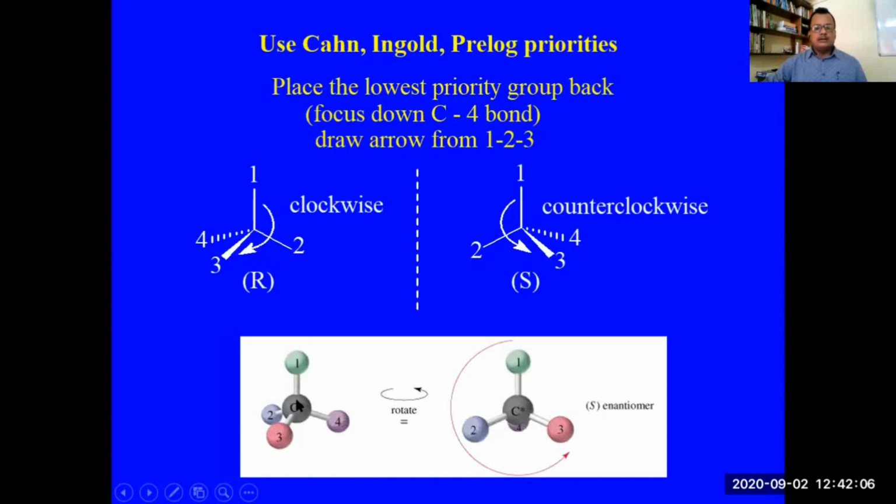So look at this molecule. Can you see this molecule? This is carbon. 1, 2, 3, 4: highest priority, second highest priority, third highest priority, fourth highest priority. Now we have to look at the molecule so that 4 is away from you. That is, the lowest priority will be away from you. So let us rotate the whole molecule in anti-clockwise direction. Then 4 will go behind. 3 will come to the place of 4. And 2 will come to the place of 3. Can you see it?